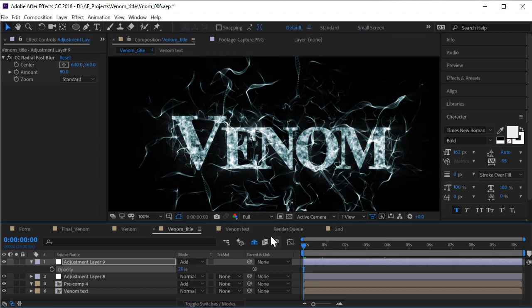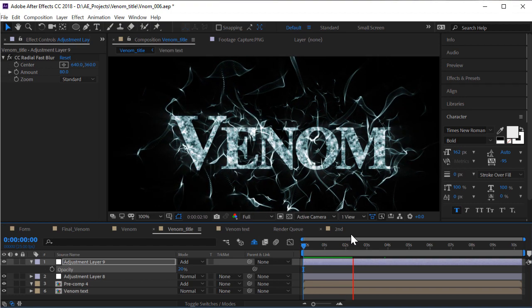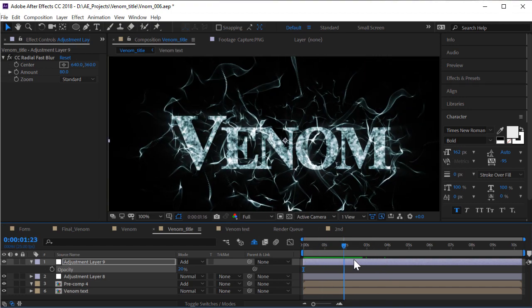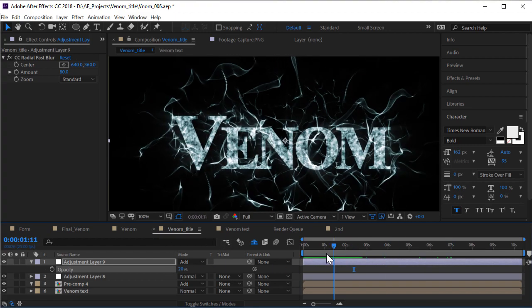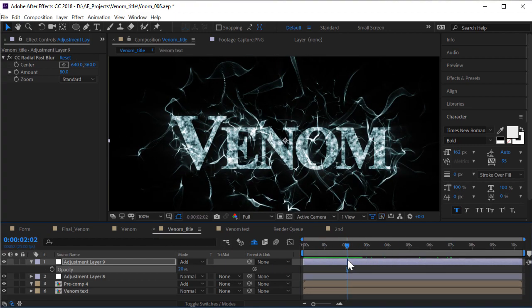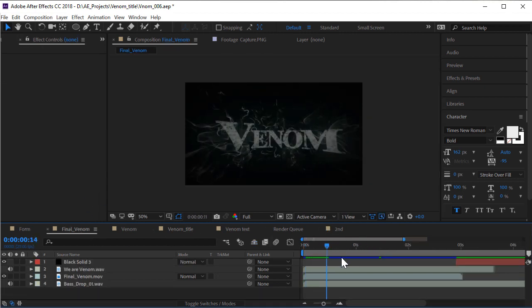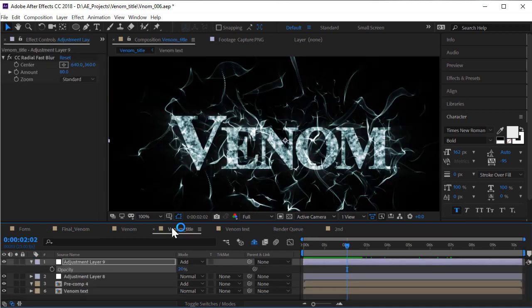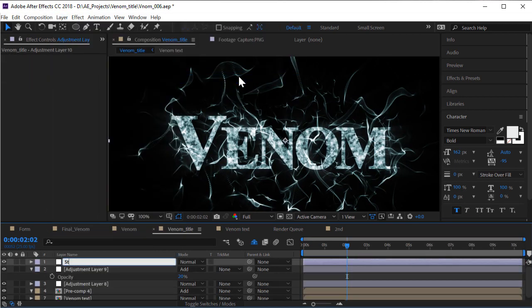So finally, for the transition, you can spend a lot of time on it and add more details and play around with the form, but I just wanted to show you how we do it. So now I can just go for creating this transition. I can just create another adjustment layer, and I'll name it, hit Enter, transition,